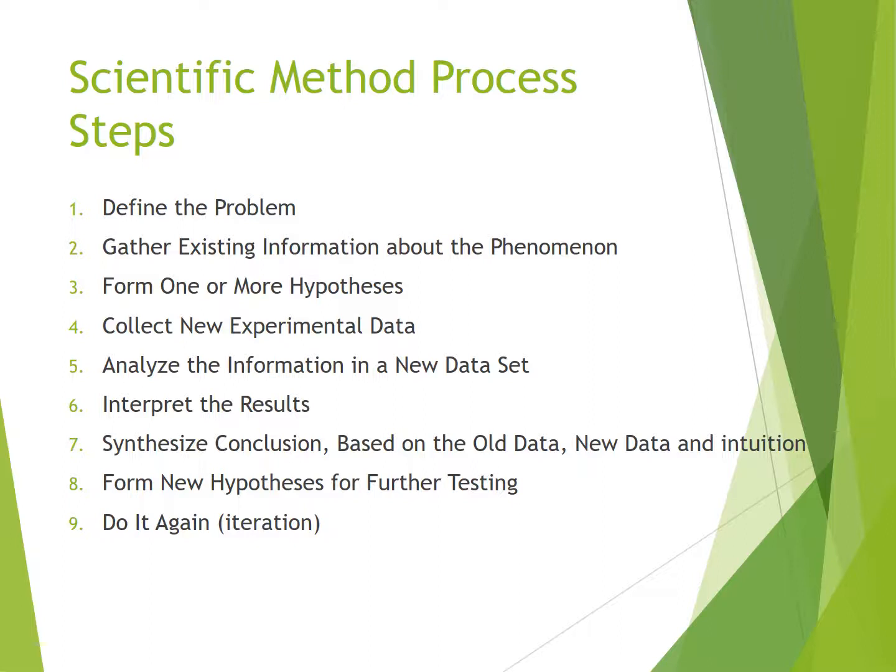The third is to form one or more hypotheses. So a hypothesis might be, as we increase spending for marketing, sales also increases. That assumes that there's a positive correlation between marketing spending and sales results. Next, you would collect experimental data. So you would collect marketing expense data, and you would also collect sales results data, making sure that you baseline the two for the same time periods, the same quarters, the same year, the same months, side by side.